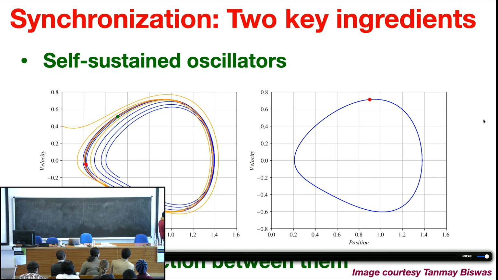We will see that this sort of dynamics is very much typical of nonlinear dynamical systems. You cannot have a simple harmonic oscillator in which such a thing happens. These are linear systems. So these are for the individual elements. Okay, so I have many such elements, and the second ingredient that I need